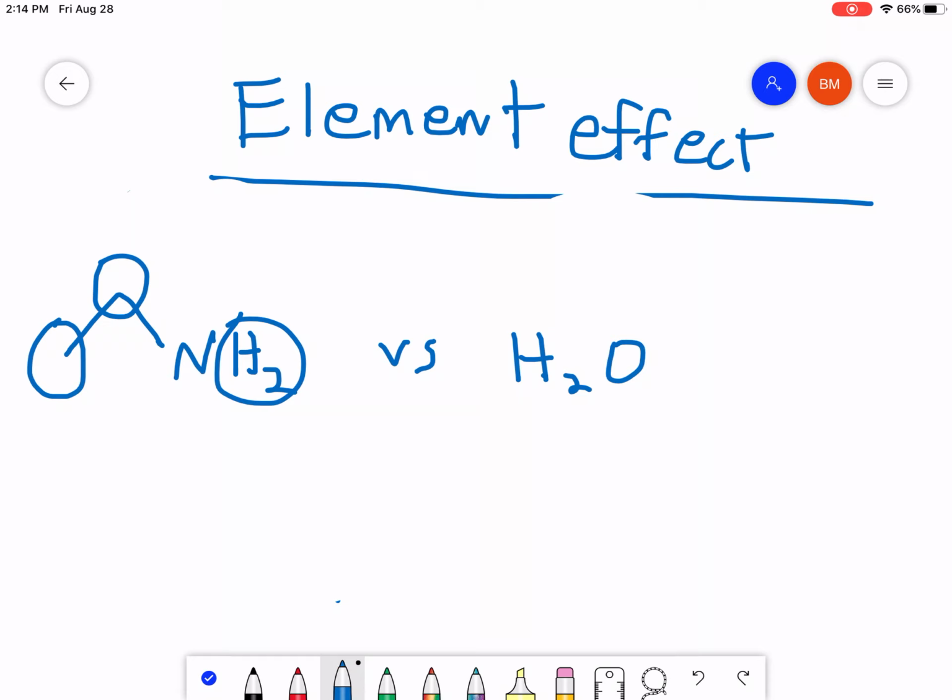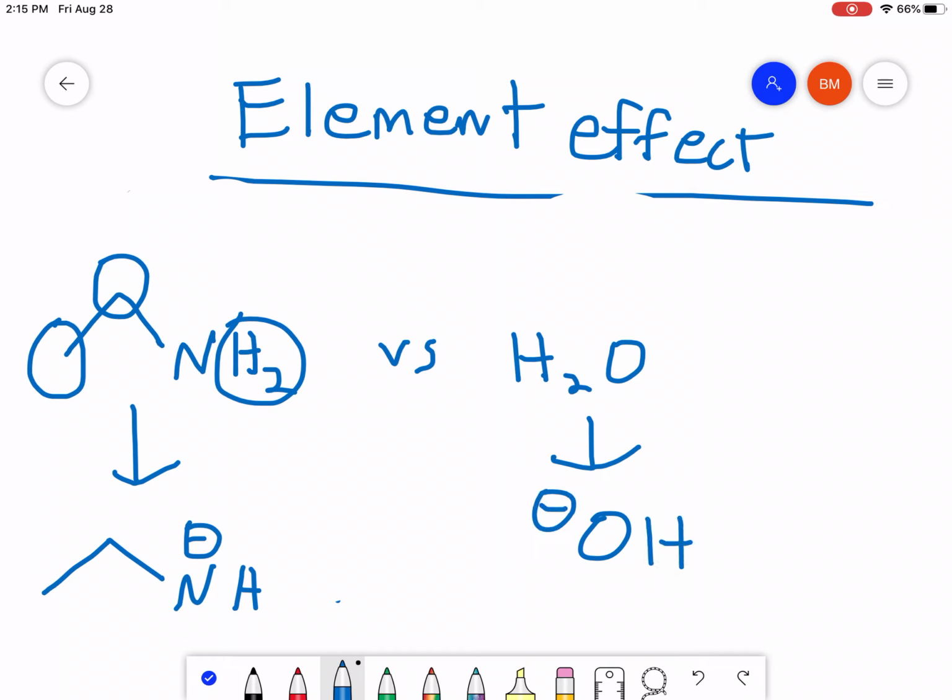If we were to lose an H off of one of the first 2 carbons, we would be left with a C minus. If we were to lose an H from the nitrogen, we would be left with N minus. And you have to ask yourself, which one of those is more electronegative? Which one of those is better able to handle a negative charge? And the answer, of course, is nitrogen. It's further to the right on the periodic table. So if this were to lose its proton, it would lose one from the nitrogen. H2O, obviously, would lose one of the 2 from oxygen, so you would form